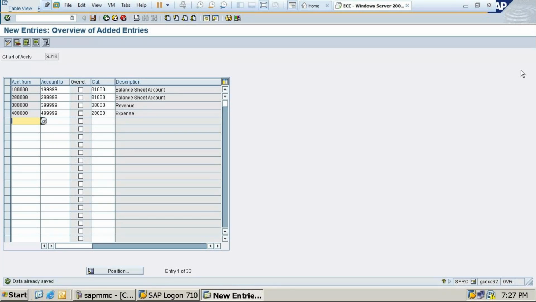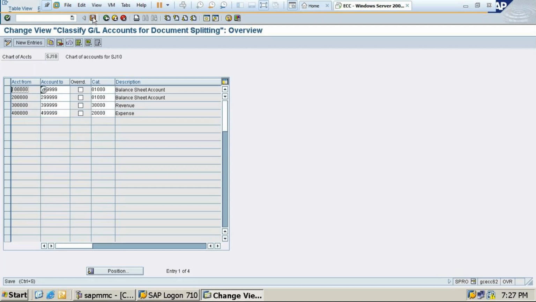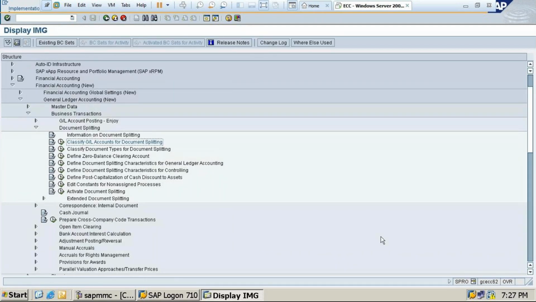Today 2 more new topics I taught. What are those? Field status variant and tolerance group for employees. With this revision, we'll wind up the session. Any doubts you have, students? Make a note on this. Yesterday I taught, those who have done need not write once again. After this, directly we are going to GL creations. Before that, I'll teach you document types, or else GL creation after document types.